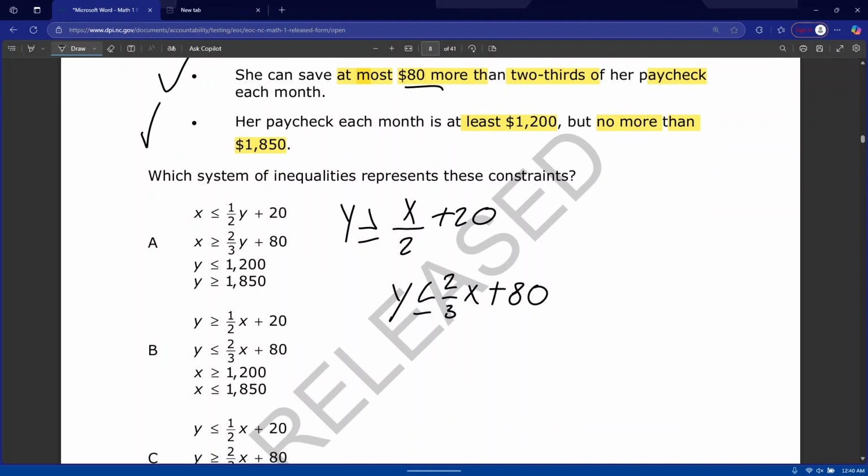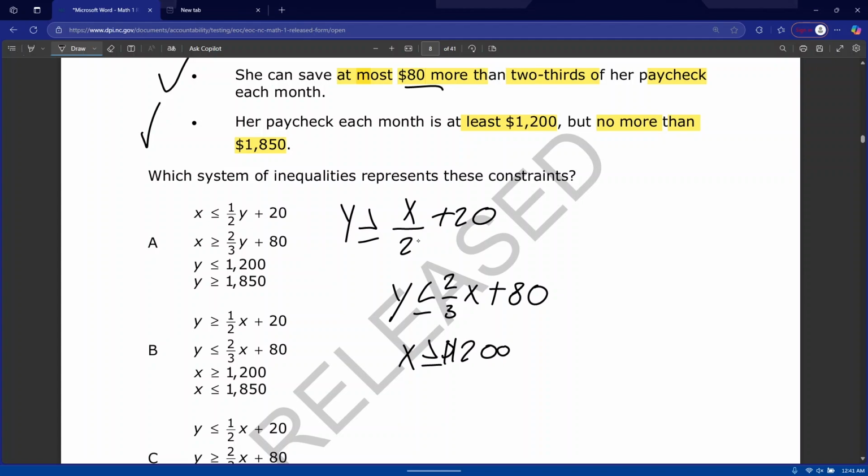Her paycheck each month is at least $1,200. So remember, her paycheck is symbolized by X. And it will be at least. So it can be greater than, but it can't be less than. So X is greater than or equal to